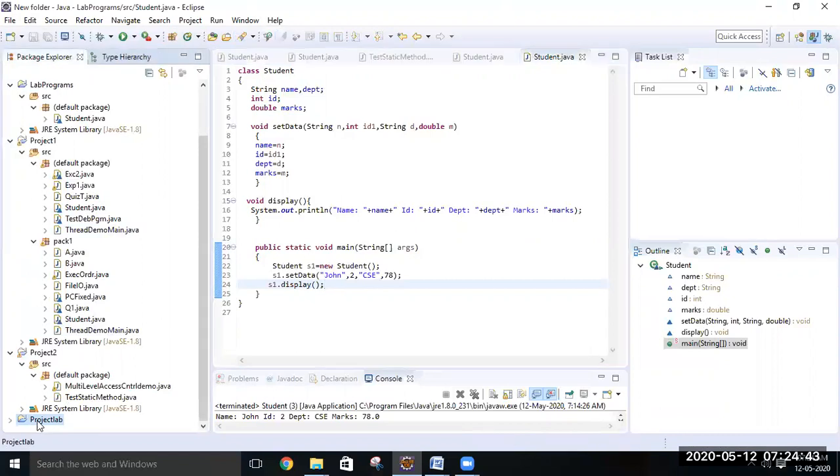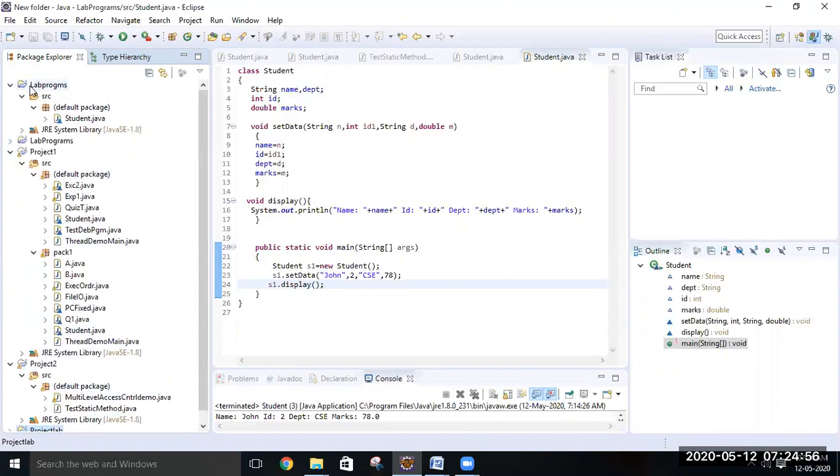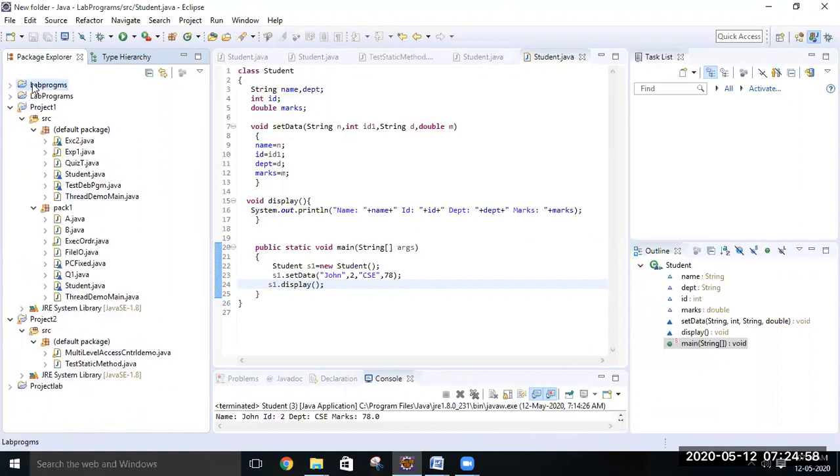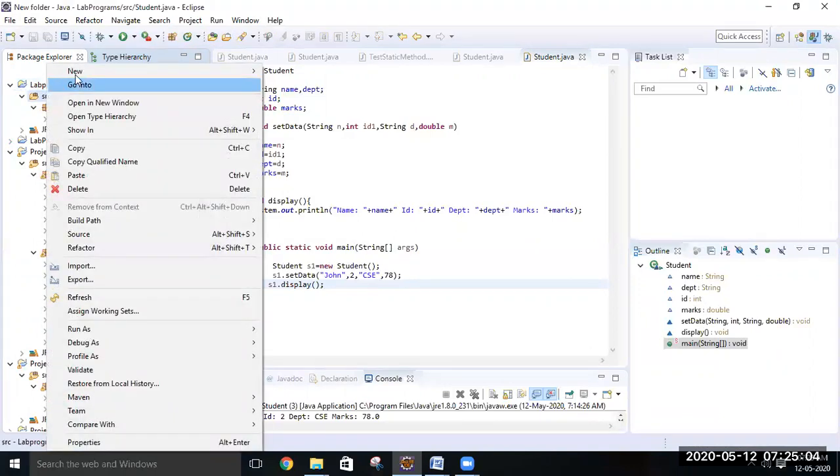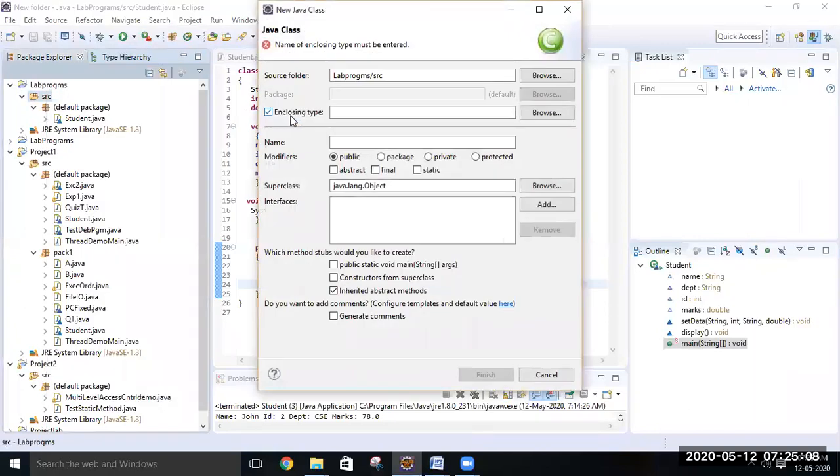Now you can double click, or I'll show a lab program which is also a project here. If you double click, your lab program will be like this. If you double click, you can see the SRC. Inside SRC, you can create a new class and give a class name here.